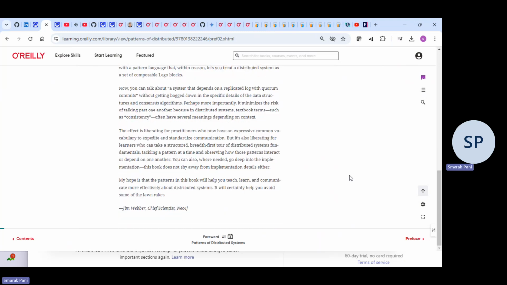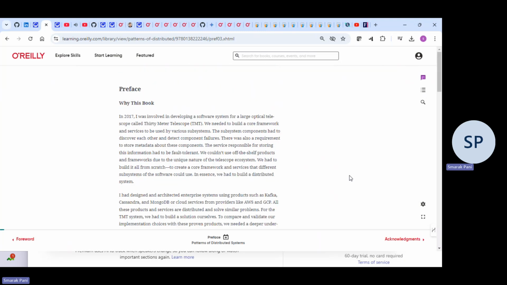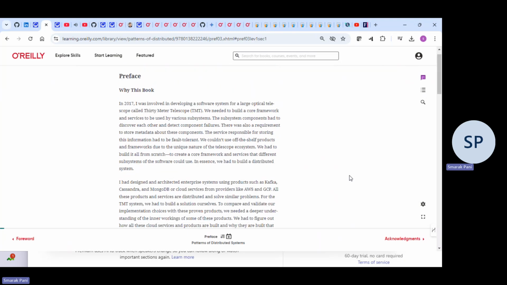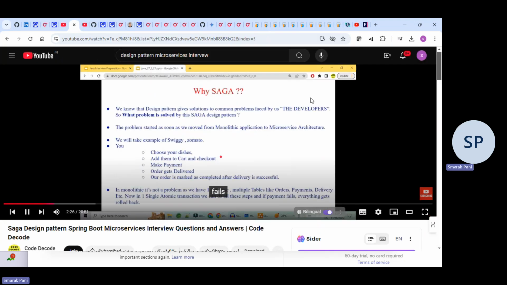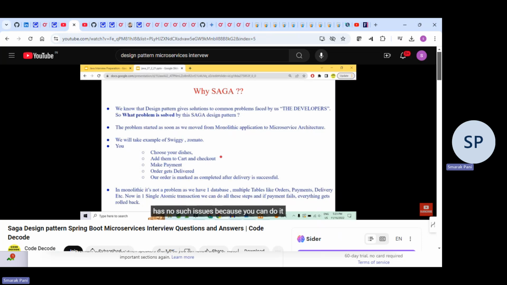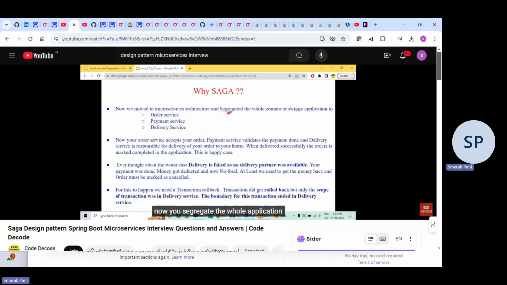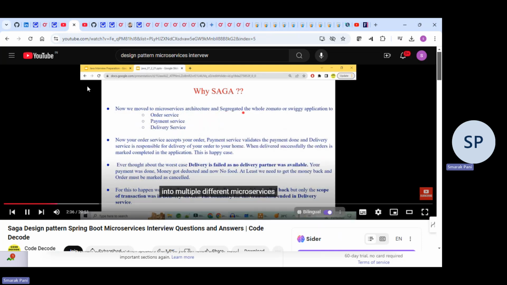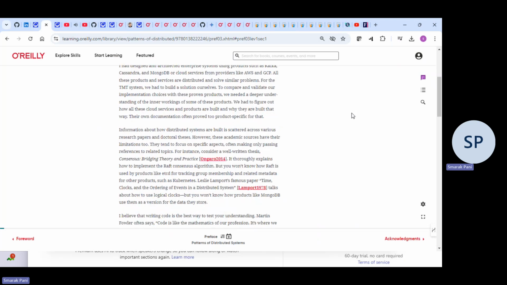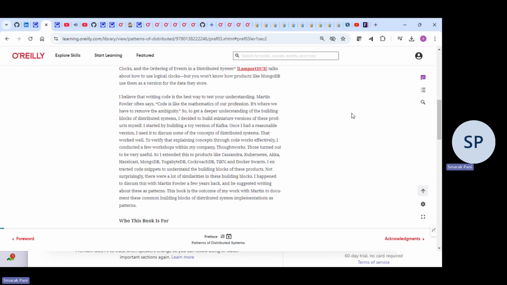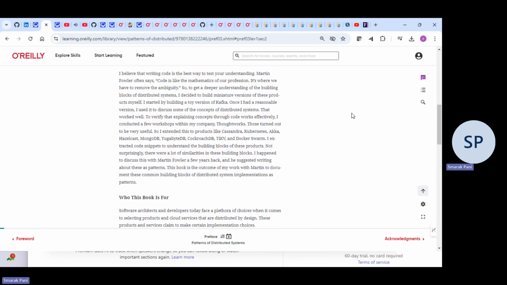Now if anything fails, the whole thing is reverted because it is atomic in nature, and the whole transaction is rolled back and your order is marked as cancelled. Great, monolithic has no such issues because you can do it in the same application. But when you move to microservice architecture, you segregate the whole application into multiple microservices, like order service to handle all your orders, payment service to handle and validate your payments, and delivery service to handle your deliveries